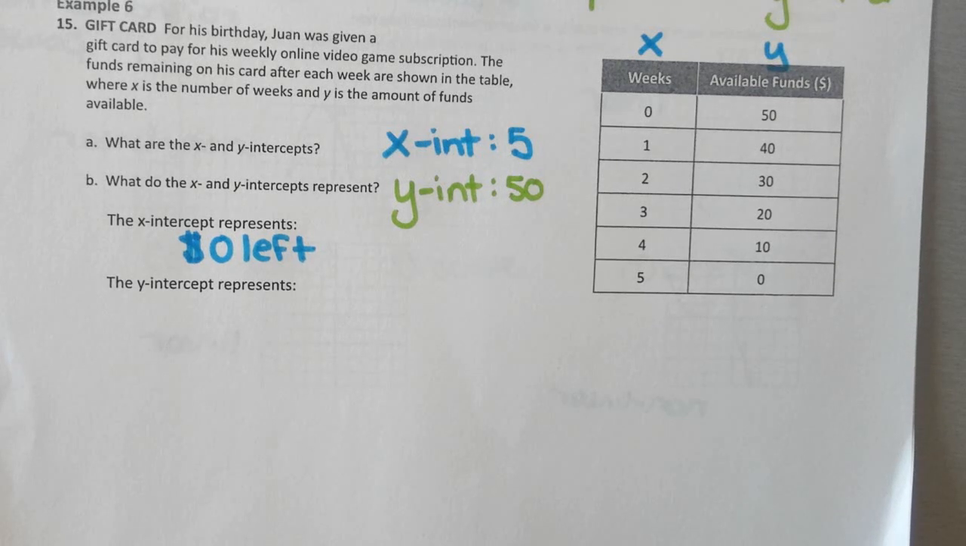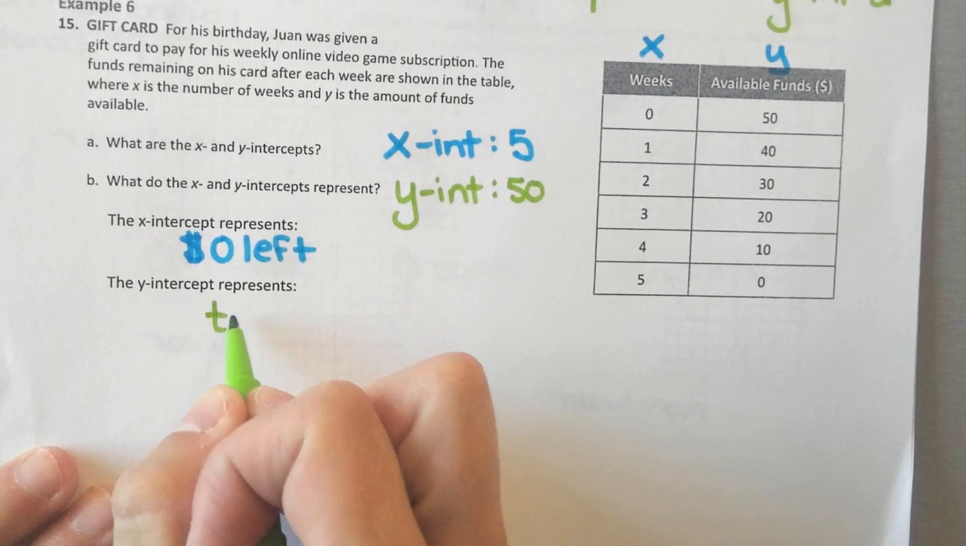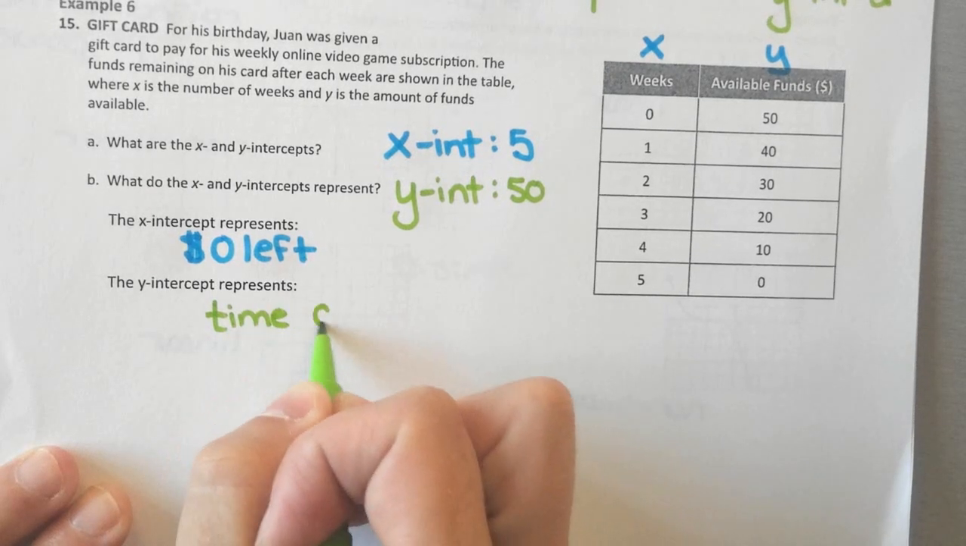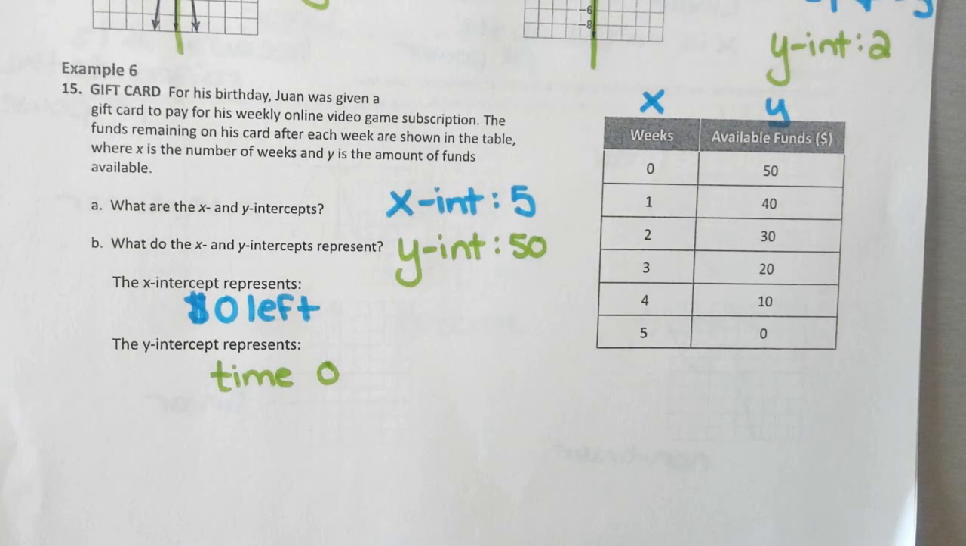And when you've got your y-intercept, it's talking about time 0. So for those, each one of them is talking about a value of 0. It just flips which one it is. So for the x-intercept, it's when you have $0 left. For the y-intercept, we still had $50, but it was at time 0. Alright, so I'm going to give you some problems to try, and then we will talk